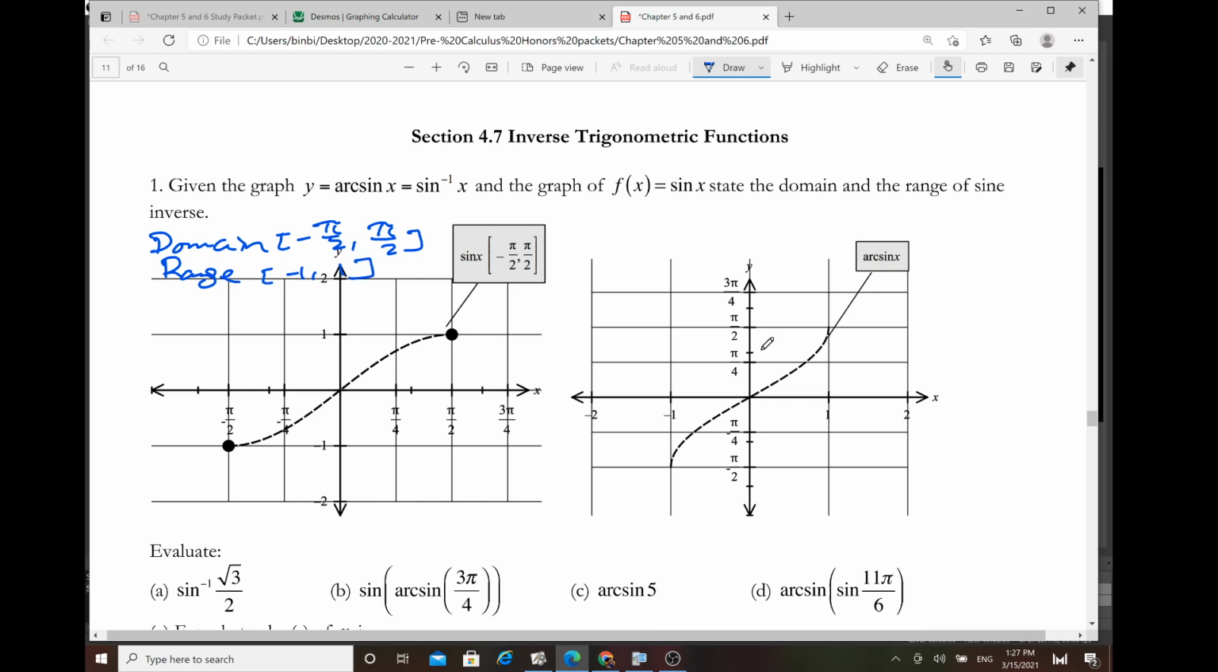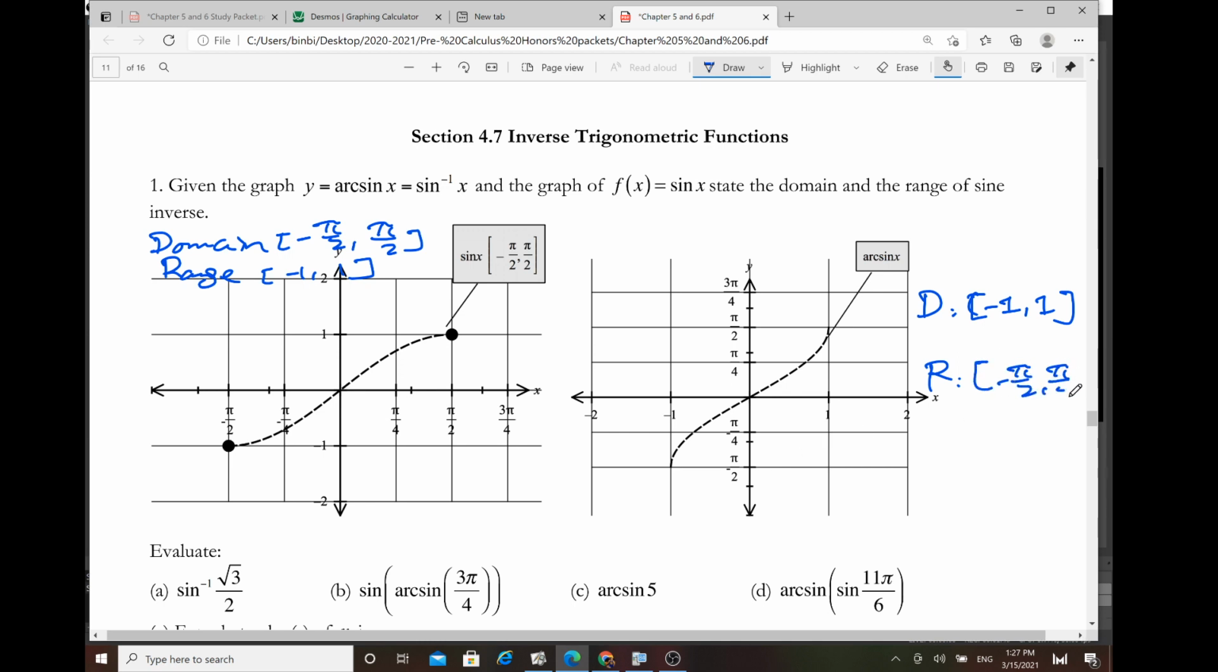Now, what about the inverse? The inverse means you want to swap the x and y values. So for the domain right here, it's actually from negative 1 to 1, included. And for the range, this one is called the restricted range. We're going to be using that for finding the inverses. The restricted range of inverse sine, or arcsine, is from negative pi over 2 all the way to